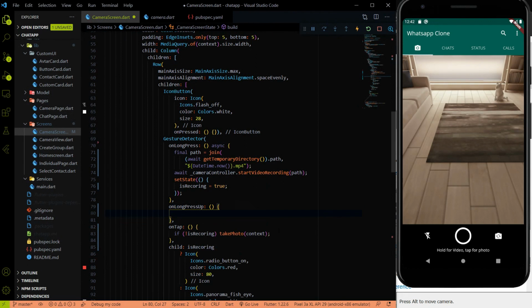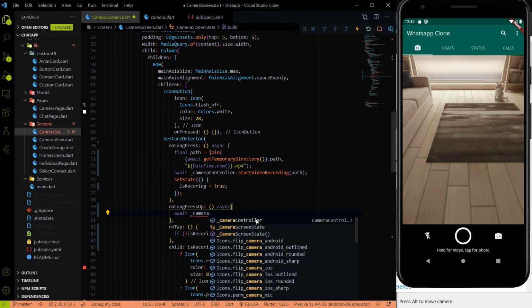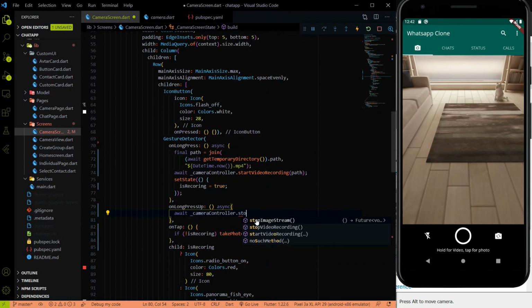So at that time we have to stop the video recording. So let me put this method to async and await again, because we are performing with the camera, and let me use the await and let me use the camera controller to stop the video. So here we have the camera controller, and the camera controller has the method called stop video recording.